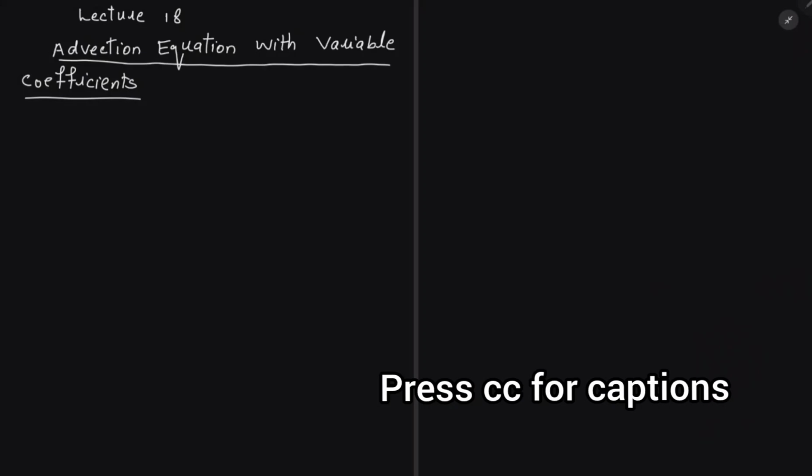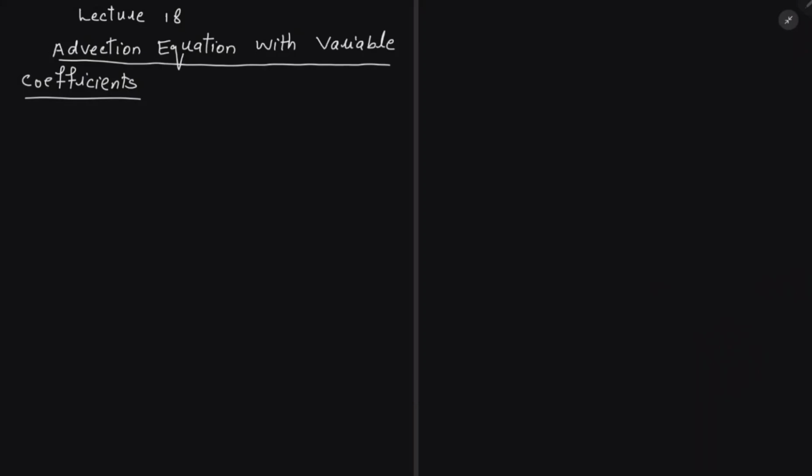In this video, we discuss the advection equation with a variable coefficient. It means that we are going to write the advection equation like this. And this f, which is a flux function in this scenario, can be written as